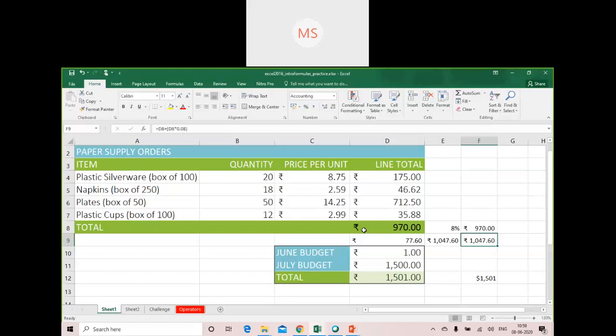It is not necessary to stick with these examples only. You can take your own examples from real life, like any bill at your home. You can enter that bill into your own Excel sheet and check whether you are doing it rightly or not.